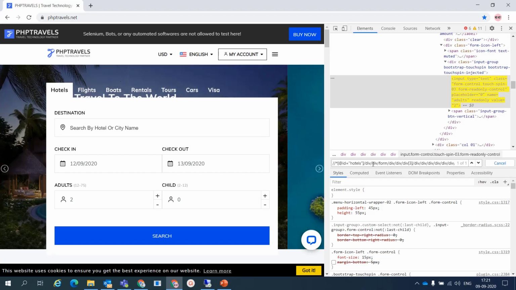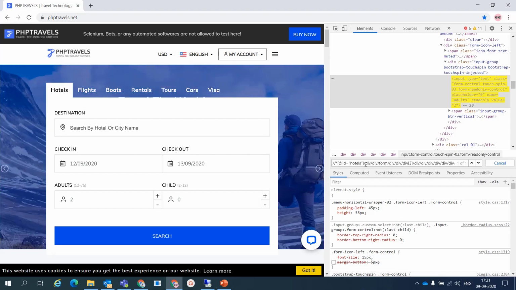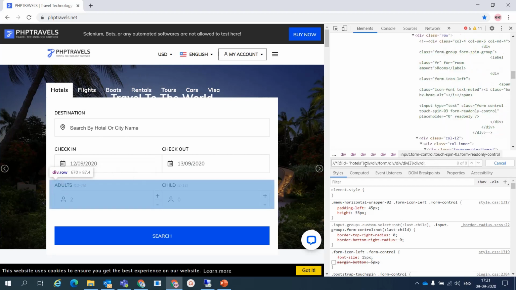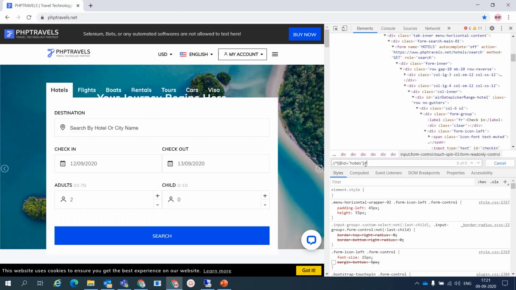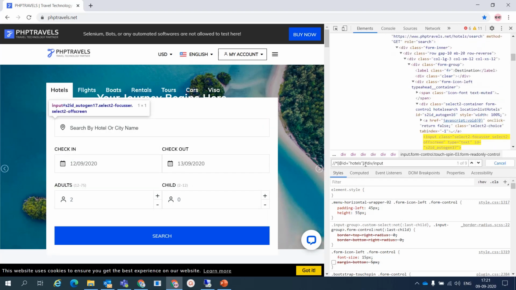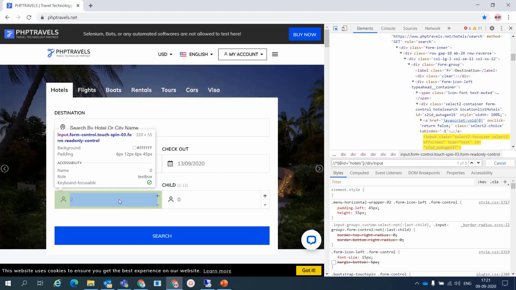If you go to the start of this, it is saying hotels, and it is using ID, and inside of that ID you can see div, all divs are there, and last is input. So instead of all these divs, if you use double slash and give div and give input, it is giving you 9 elements. Still you want only one element.